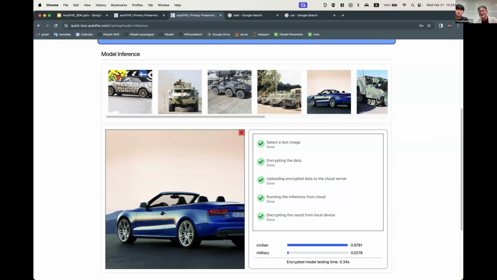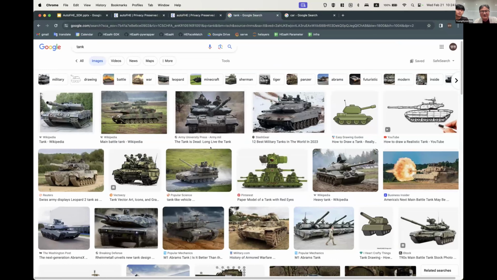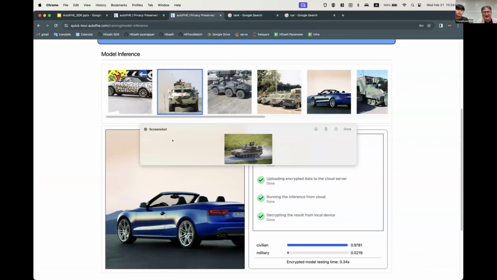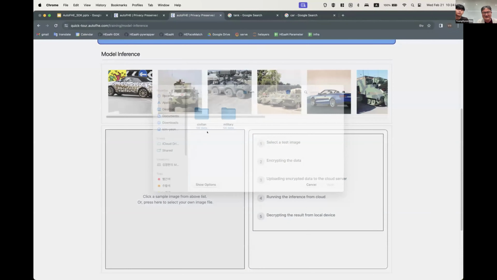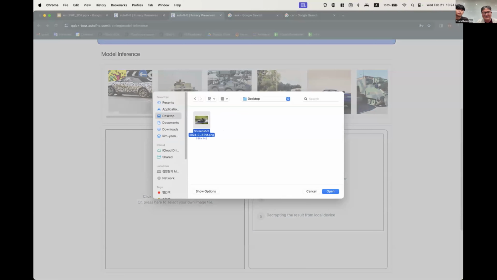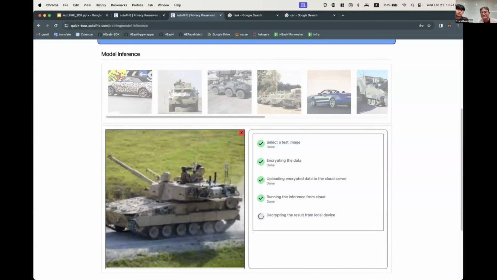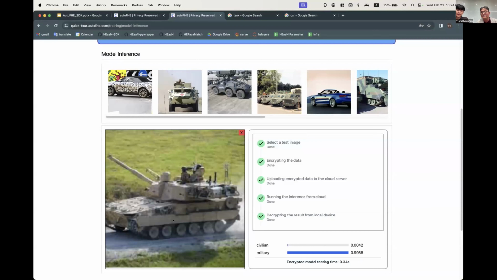But one important thing I want to emphasize is that it is not a toy. Actually, you can use any kind of photos, for example, from Google Cloud. So if I select some photos, yeah, it's an image from Google search.